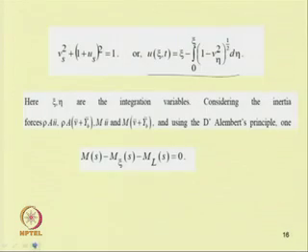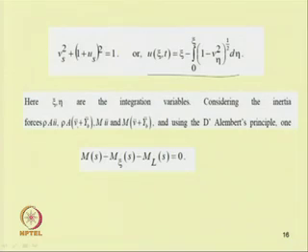In this case, the inertia force will be rho a u double dot, where rho is the mass per unit length, a is the area of cross section, and u is the axial displacement. So, u double dot is the acceleration in the axial direction, and in the vertical direction we have two accelerations. One is due to this base motion and the other is due to the displacement of the beam in the vertical direction, that is v, from the initial position. So, this acceleration will be rho a (v double dot plus y b double dot), and now using D'Alembert principle,